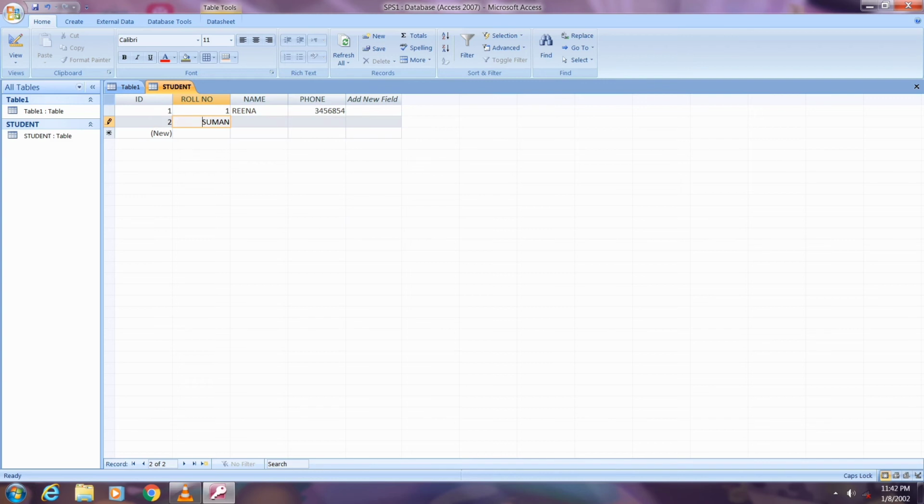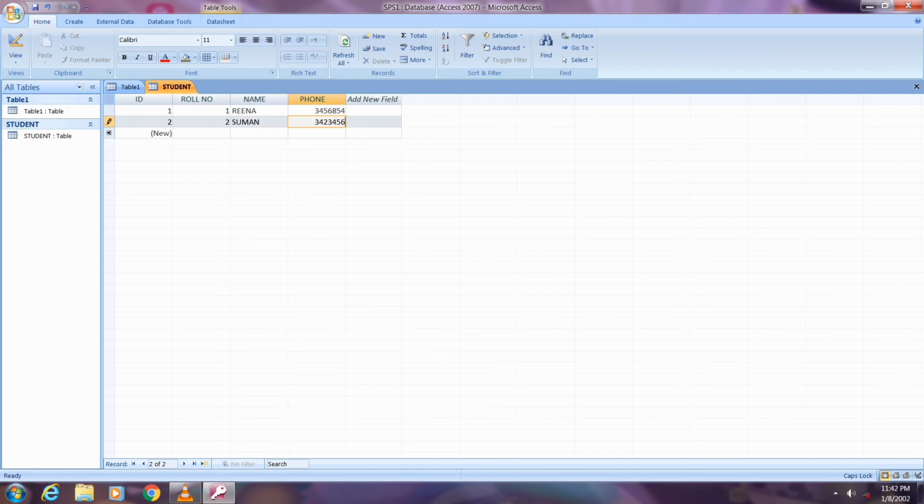Okay, then write the name for the student. This is the name, this is the phone number. You can enter as many records as you want in a database. Okay, now you are working with a table. This is the student table. You can see the table name here.